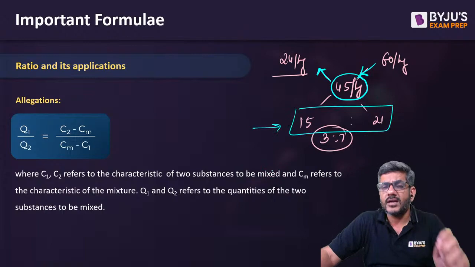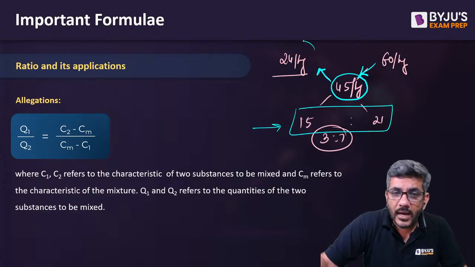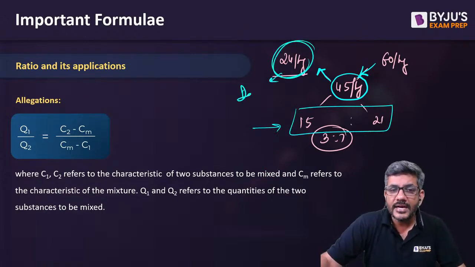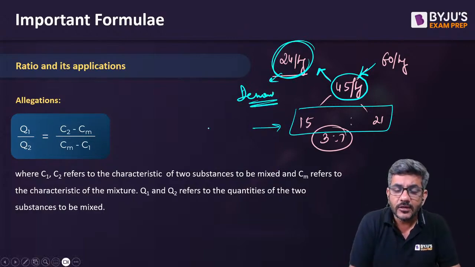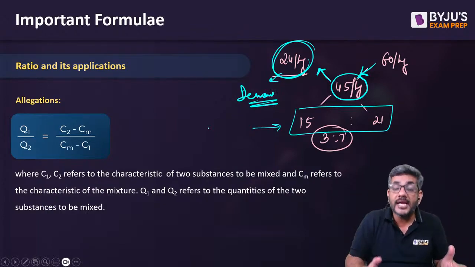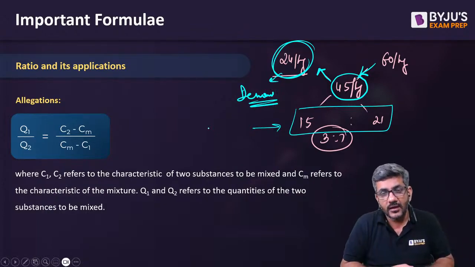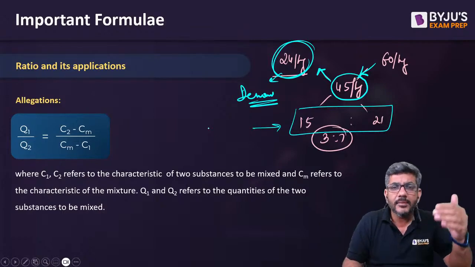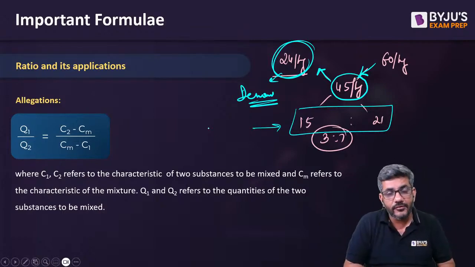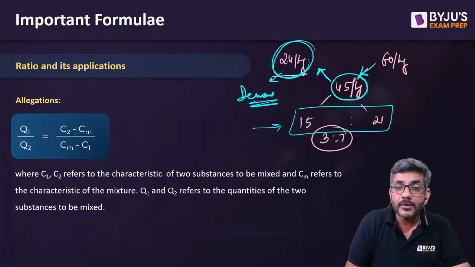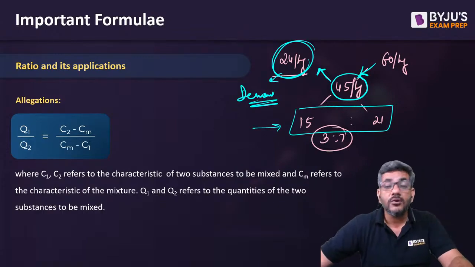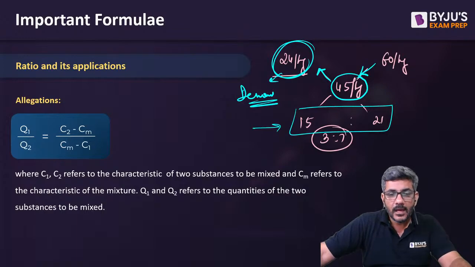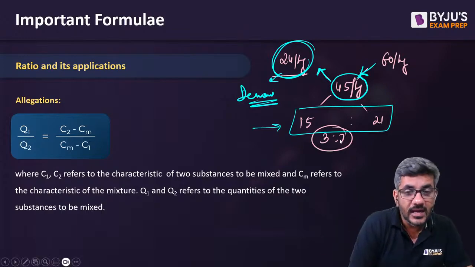If ever you have a doubt what are weightages, while calculating this, whatever you write in the denominator, that is your weightage. How do you calculate price per kg? Total price divided by total kg. This is the ratio of kgs then. How do you calculate speed? Distance divided by time. This will be the ratio of time if you write the average speeds. So that's how you would be able to know कि हमारा एलिगेशन में जो रेशियो आता है वेटेजेस का, उसमें वेटेजेस क्या होती हैं. What do you call as weightage? वो चीज होती है हमारे पास. I hope you have understood this point as well. I will move ahead from here.